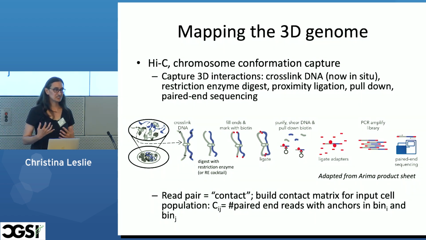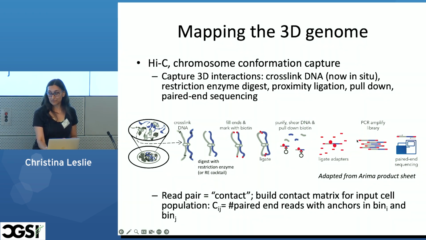So there are a bunch of 3D genomics technologies. There's Hi-C. I showed you some HiCAR data. But basically, what you're doing is capturing contacts by a workflow that looks like this. You're cross-linking the DNA in situ in the nucleus. You digest usually with a restriction enzyme cocktail, and then you're ligating the ends and pulling down. At the end of the day, you're going to have paired-end sequencing libraries